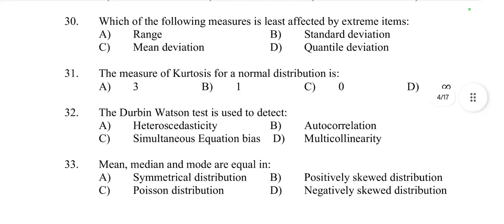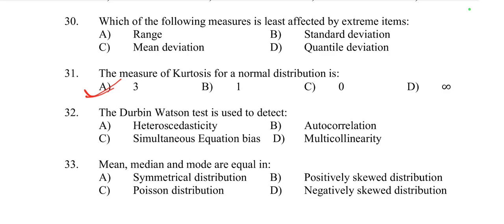Then question number 31. The measure of kurtosis of a normal distribution is: 3, 1, 0, infinite. The measure of kurtosis measures the tailedness of a distribution. For a normal distribution, the kurtosis value is 3, which represents a standard level of peak and tail behavior,